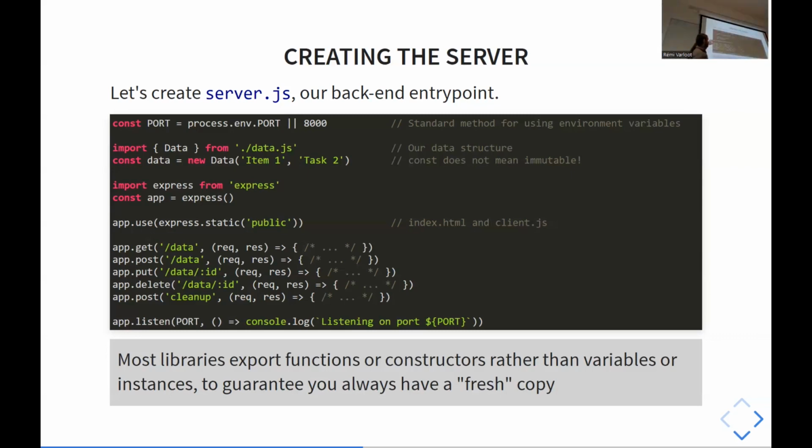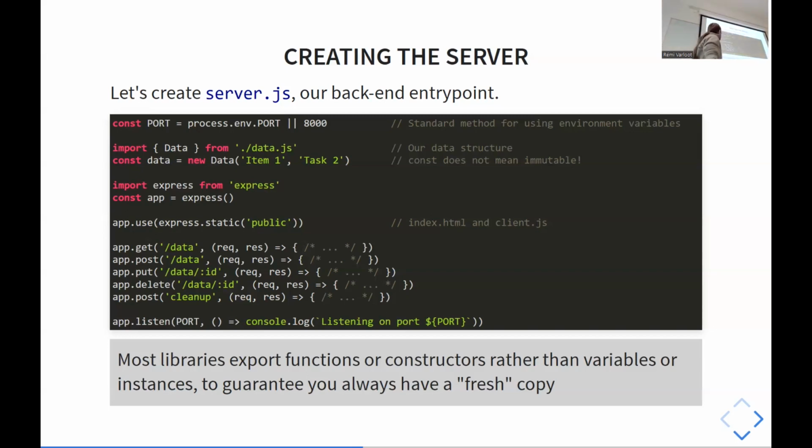This here just tells Express that everything that's in the public folder should be served as is. So this is basically static files. The public folder is the one where I have index.html and client.js. So this is going to serve my page itself and the JavaScript, and these are the REST endpoints. And then I'm just starting the